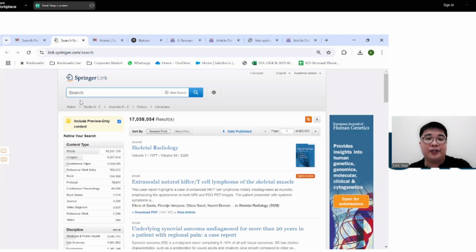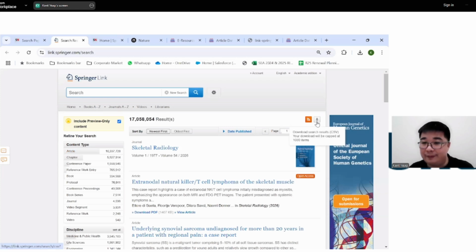So put in automotive engineering and electric vehicle, do the same filters. You can then download it as a CSV result, and it will be up to the first 1,000 items, not just the 20. And this is helpful because for those of you who maybe do not utilize search support tools like Mendeley or Readcube, this helps you to keep track of what you've already read and what you have not read.